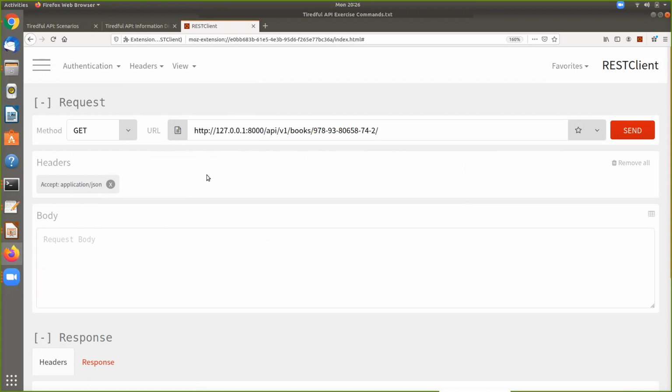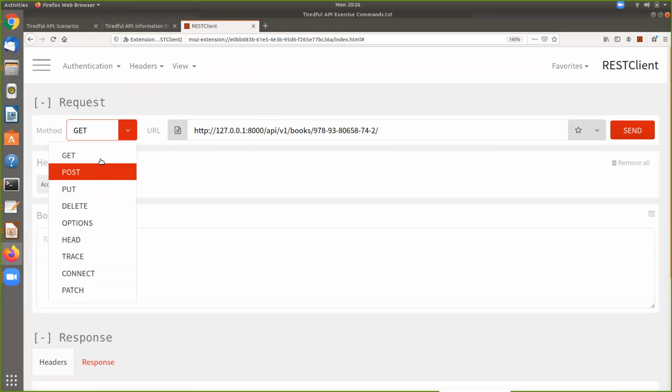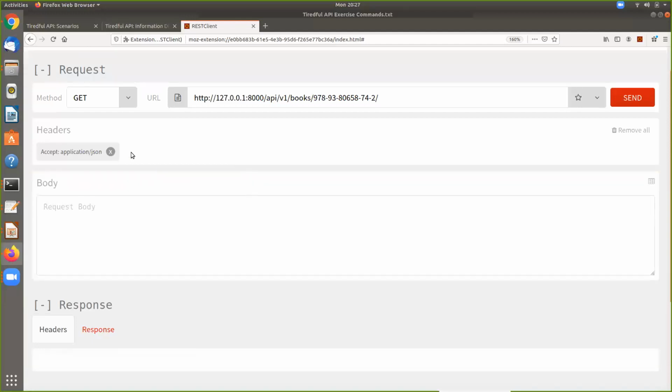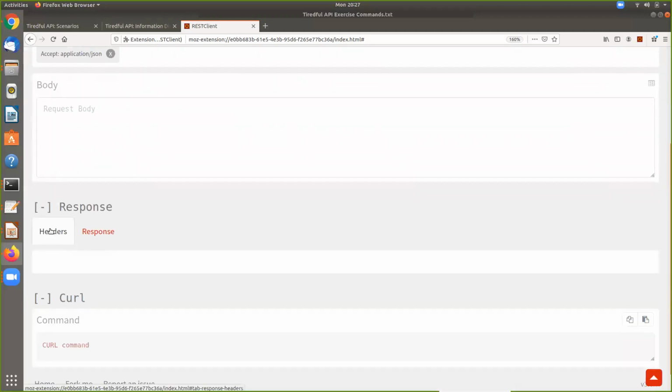And so just to break down the REST client here, this is the method we're using, like GET, POST, PUT, DELETE, OPTIONS, HEAD, TRACE, CONNECT, PATCH. Essentially what we're using to test with. The URL should be pretty self-explanatory. That's the web address. Headers are sort of important when we're communicating with the server. And then what we'll get down here is the response, and then the headers, the response, and the preview.